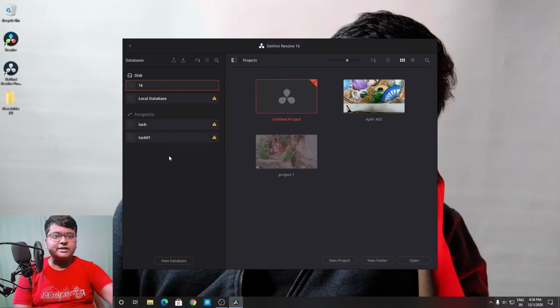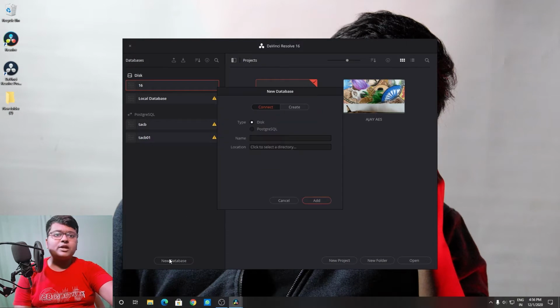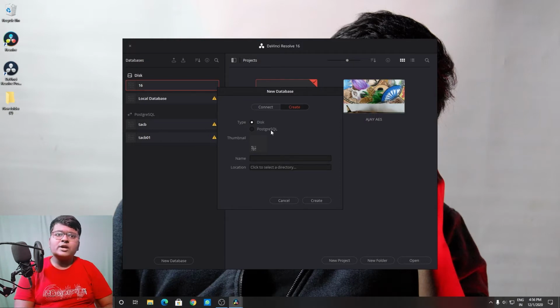So how can you create a database? After clicking here, you can click on new database, and here click on create, and you can do two types. One is the disk one, the other is the PostgreSQL. PostgreSQL I'll be going into in upcoming episodes. In this episode we'll just look at how to do the disk one.